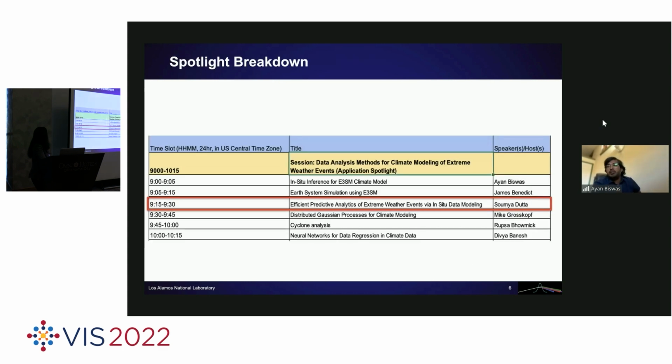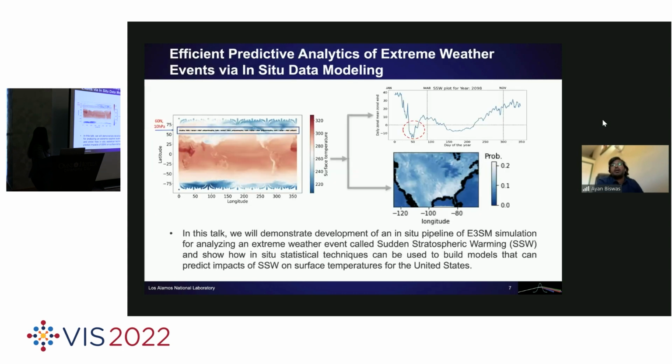The next speaker will be Shomo Datta. He will talk about efficient predictive analysis of extreme weather events by in situ data modeling. In this case, particularly, he will be talking about an extreme weather event called sudden stratospheric warming, where the wind flow reverses at a certain point in the year. Shomo will go into much more detail of that. Basically, he will talk about fitting extreme value modeling in situ,